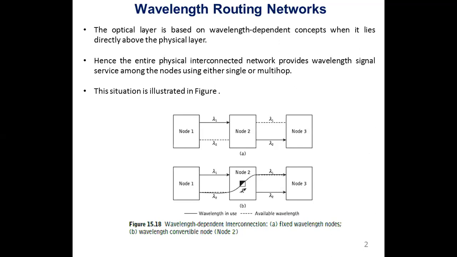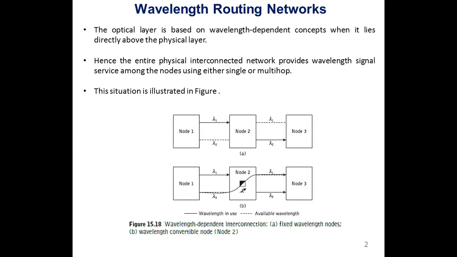So if you look at the diagram, there are three nodes, and signal is being transmitted over two wavelengths, lambda 1 and lambda 2. So lambda 1 is going from node 1 to node 2 on a physical infrastructure, lambda 2 is on a logical infrastructure, and then we just switch them into the logical and physical infrastructures. The dotted line is basically showing the available wavelength, whereas the dark line is showing the wavelength which is in use. So what happens in diagram 1 is lambda 1 is between node 1 and node 2.